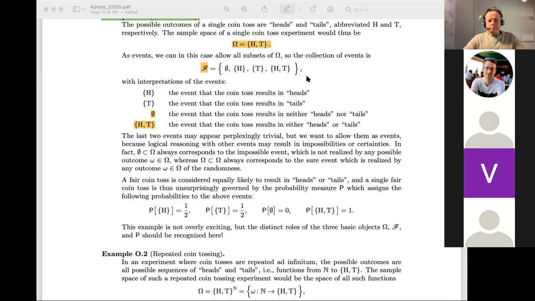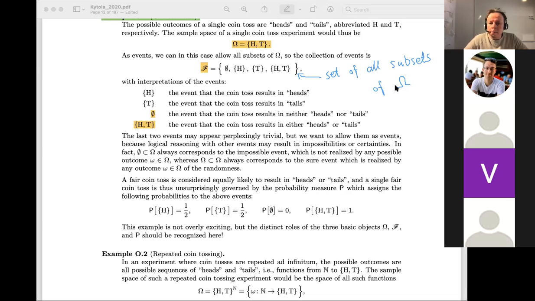In this case, F is a set of all subsets of omega. If you look at this, omega is a set with two elements. If you think about the set of all subsets of omega,